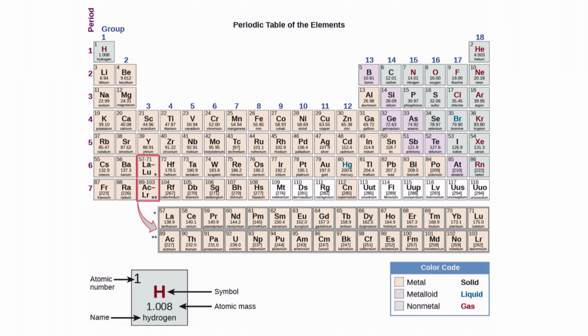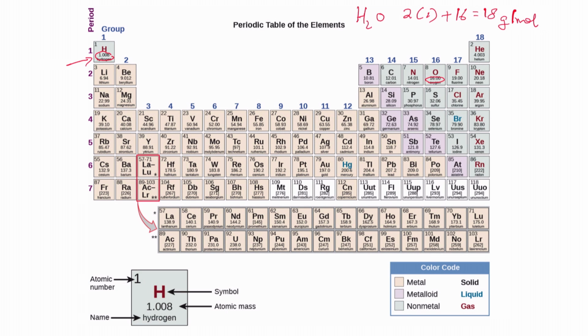Okay, so here's our friend, the periodic table. And let's say that you wanted to figure out the molar mass or molecular weight for water, H2O. Well, first thing I do is I look up hydrogen, and I find it right there. And this bottom number represents the atomic weight, 1.008. I'm going to round this off to about 1. So I'm going to say 2 times 1 because I have 2 of them, and each one has a mass of about 1 gram per mole. And then I'm going to look up oxygen, which has a molar mass of about 16 right there. So if I add this up, I get about 18